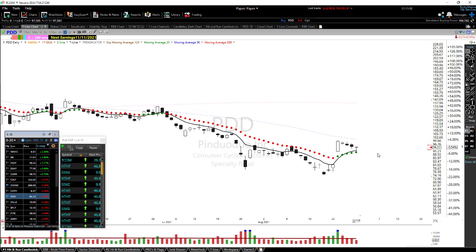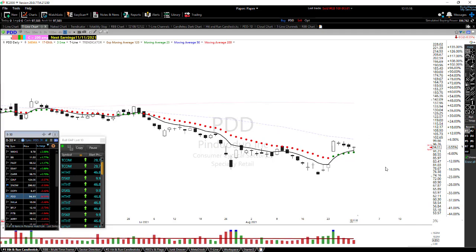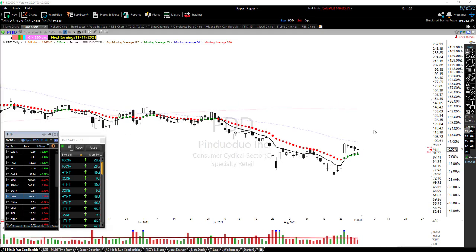I don't feel that you have to buy dirt cheap or in the mud to make money. When I go buy a car, I don't want to buy a car that I have to use a tow truck to get it out. I want the car running, so I want to make sure this stock is working before I start to buy it. Just the way I kind of look at it there.